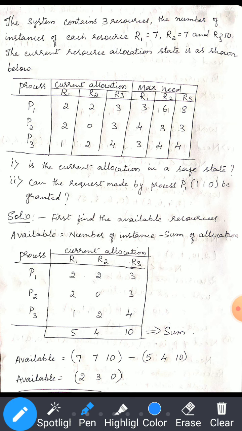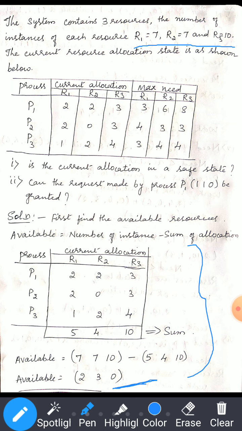So this is about the calculation of the resources, and after that finding the safe sequence. In the previous two classes I already explained how to calculate the safe sequence, so I am not going to do it once again. But the new thing in this problem is the calculation of the available resources from the maximum given resources and the current allocation. By using the maximum resources and the current allocation, we can calculate the currently available resources, and the remaining steps are the same as the previous problem.